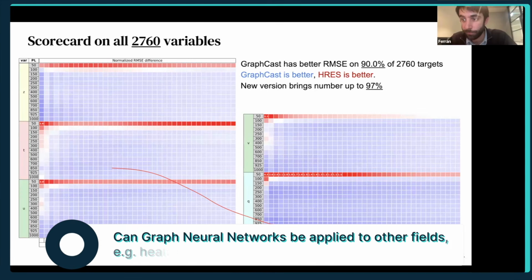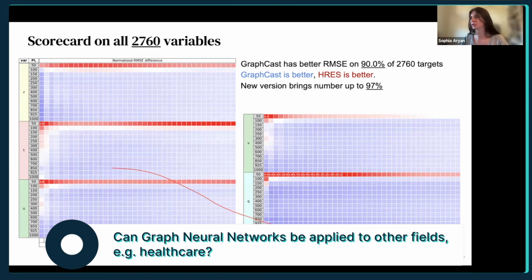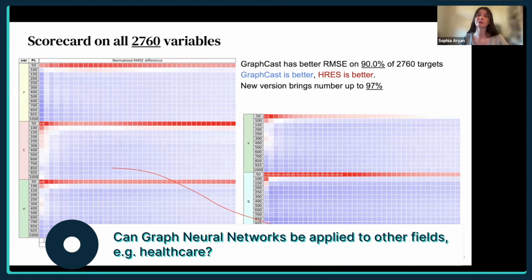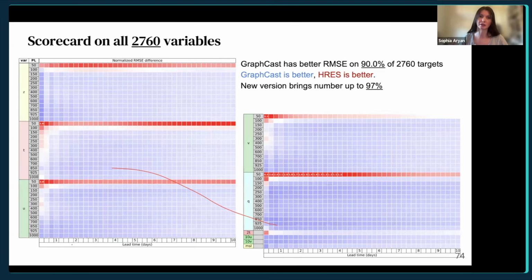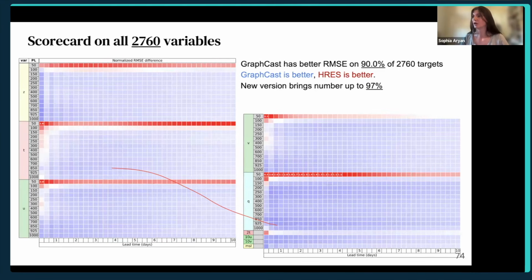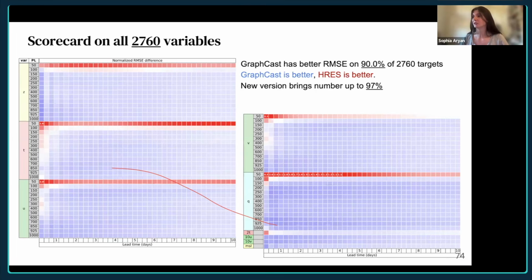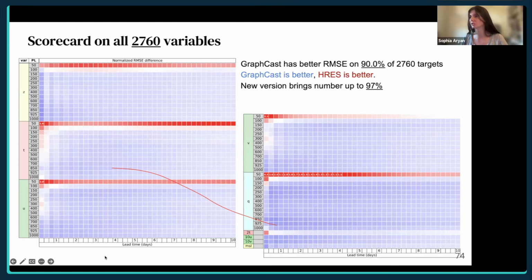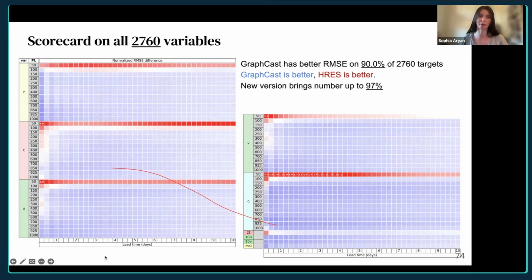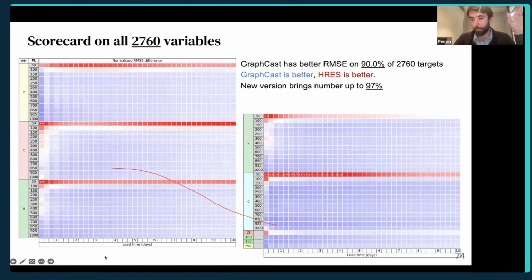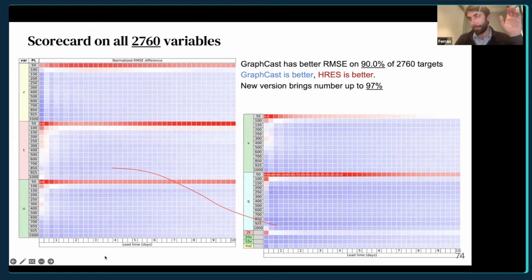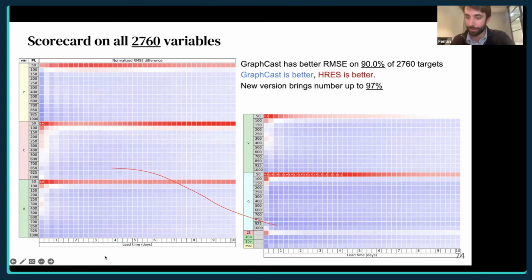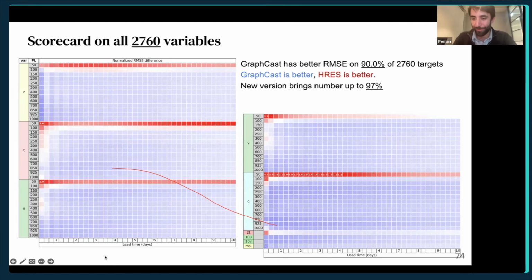So can graph neural networks be used not for weather predictions, but for other fields? In this case, a person is asking if they could be applied to healthcare and construct a representation of patient data, linking different types of data like CT scans, temporal breathing patterns, time series data, and biomarkers, like tabular data. One has to think deeply about the problem. Some of these things in this list, probably the answer is yes, and for the others, some of them are probably no.